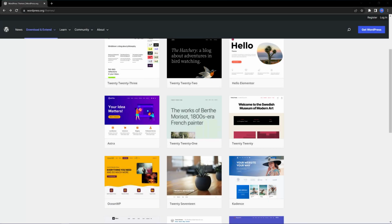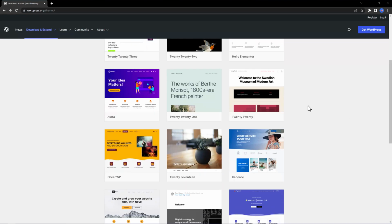And the last one is to consider choosing a theme with a page builder plugin. A page builder is a WordPress plugin that makes it easier to create your website layout through drag and drop features. You can quickly choose from pre-made layout options and then drag and drop the elements to place them wherever you want. But page builders do have a few issues like generating a lot of code, bloating a website, and